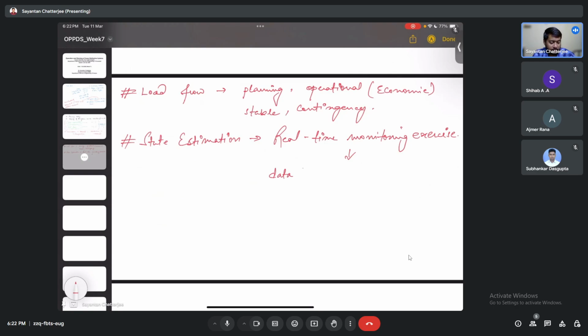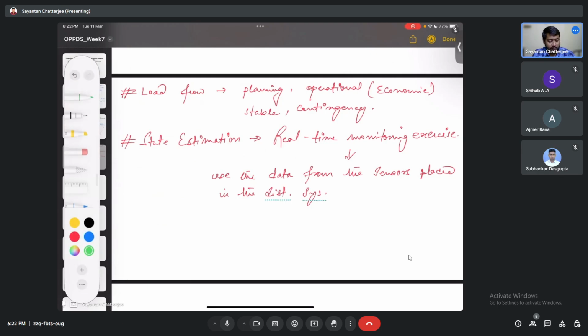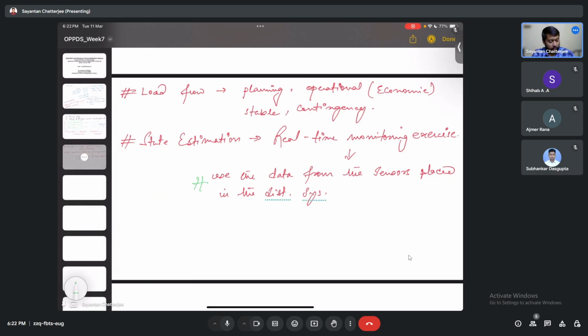Or we can say it uses the data from the sensors placed in the distribution system. So it takes help of the measurements, and on the basis of the measurements,